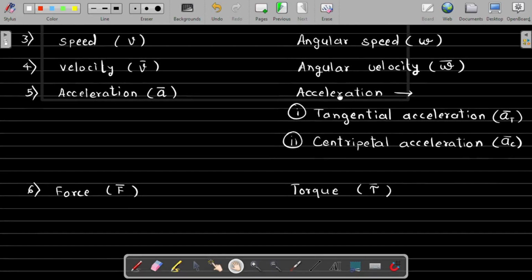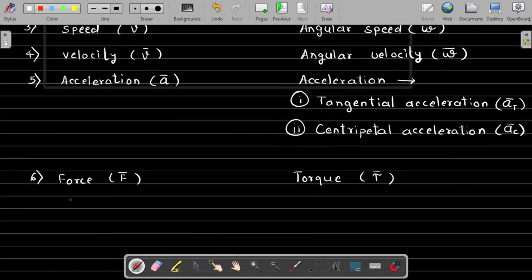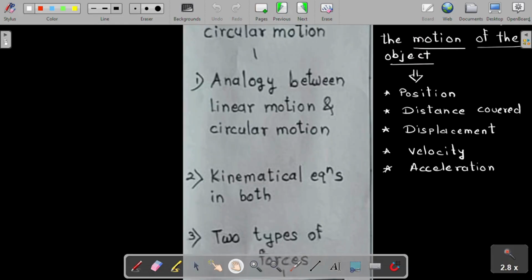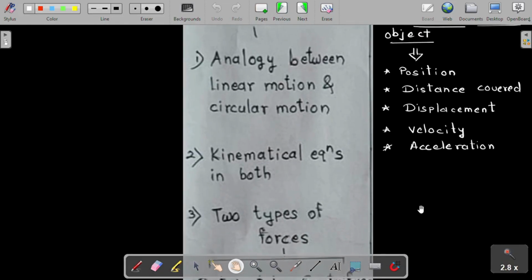So if I have to write the formulae for this, since these are important physical quantities, we write F bar is equal to M A bar. And here we have tau bar is equal to I alpha. This is of course one of the formulae. Later on, wherever needed, we will discuss the other one. Force and torque, and this is just a comparison of the symbols that we are going to use. Now coming back to that chart, or that mind map kind of thing, I should say,